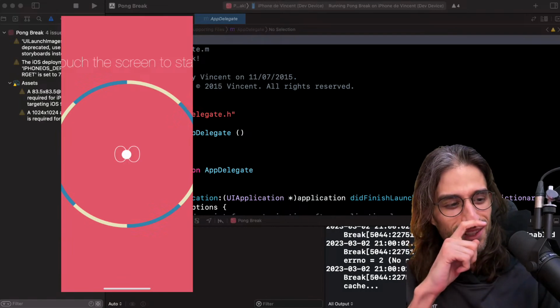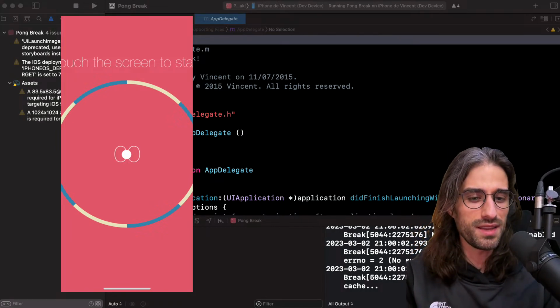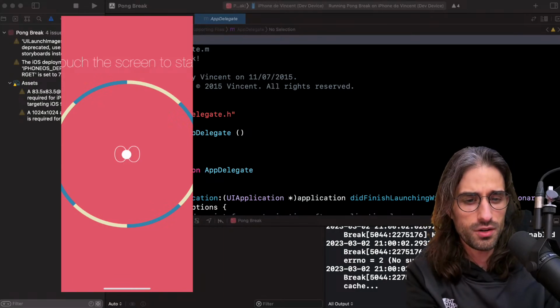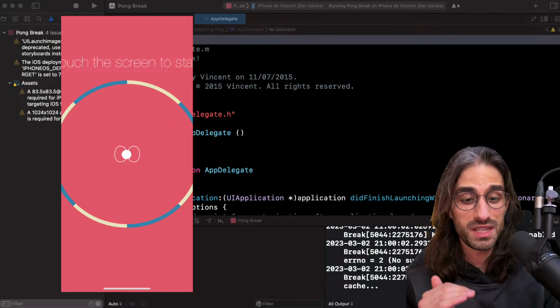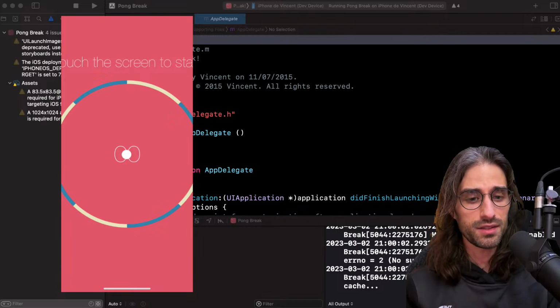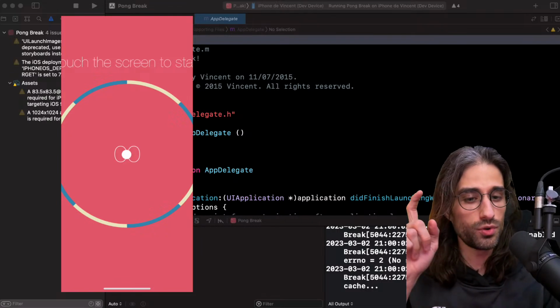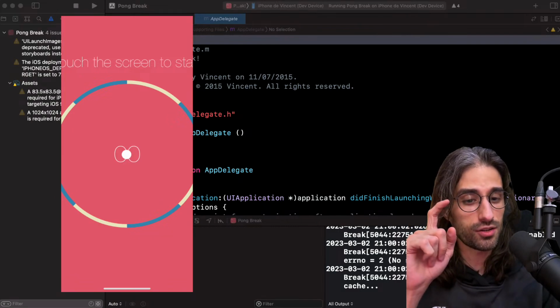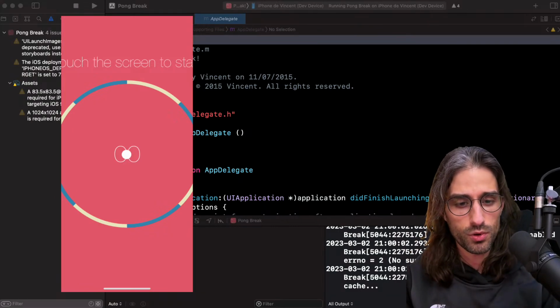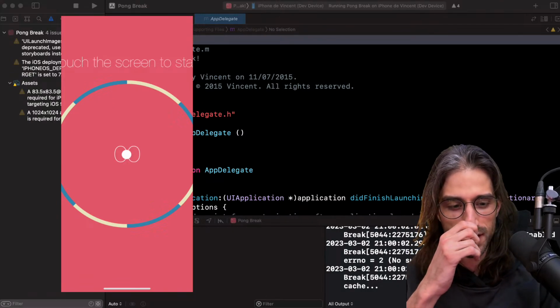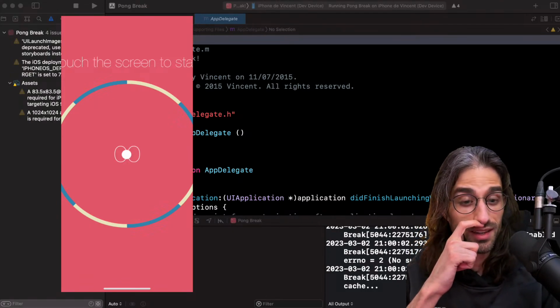So there is a ball that is going to hit portions of the circle. Once a portion has been hit, it disappears, and the ball will also rebound on the portion. The goal is to rotate the circle. So we, as the player, control the circle and we rotate it. And the goal is to destroy all of the portions of the circle. And as you're going to see, this is extremely hard